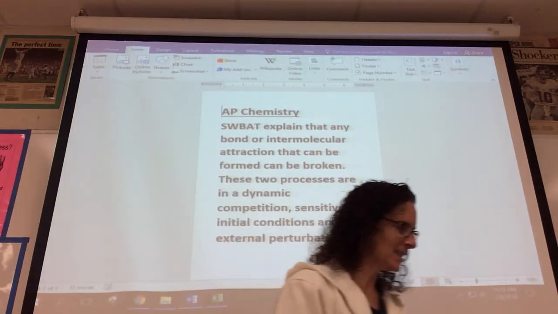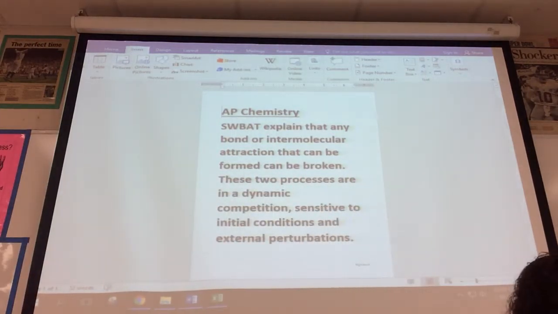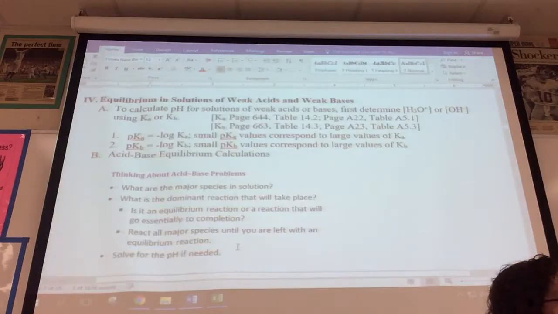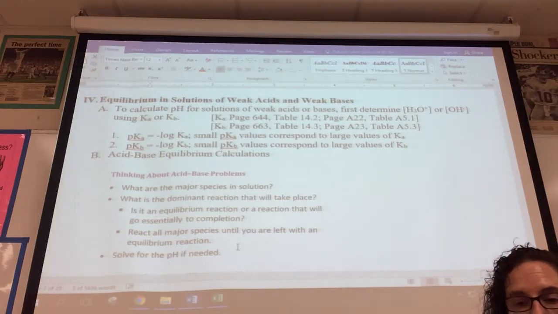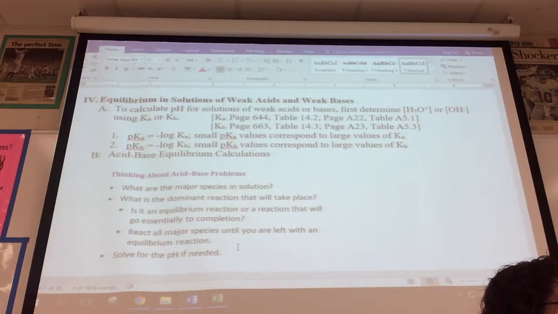Second part of our lesson. Same killer big idea, and we are going to learn how to determine pH or pOH if you have a weak acid or a weak base. And this is really where your AP